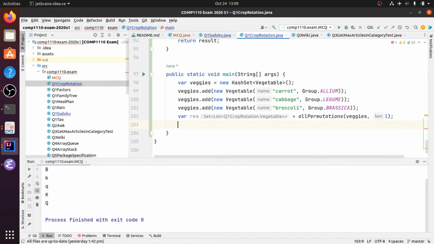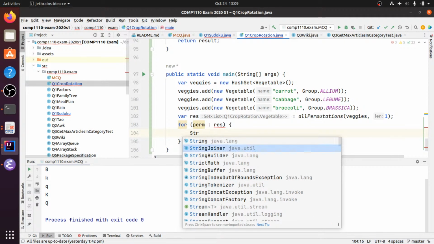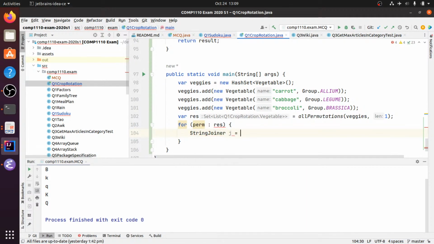So I guess we'll do something like for, in result, we'll create a string joiner. Because it's good to have, and we'll do for x in